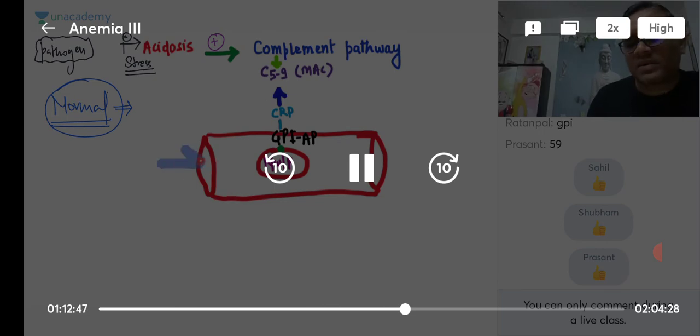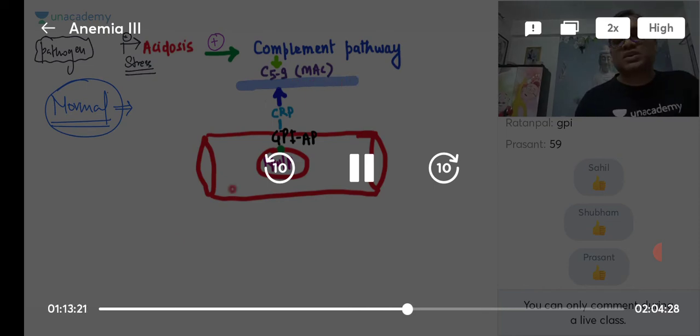Suppose this is the blood vessel, the peripheral blood. In the blood vessel, which cells are running? Keep these three cells together: R for RBC, W for WBC, and P for platelet. RBC, WBC, platelet are all derived from the stem cell, so they have the GPI anchor protein. The GPI anchor protein has the complement regulatory protein, and this complement regulatory protein will inactivate the membrane attack complex.